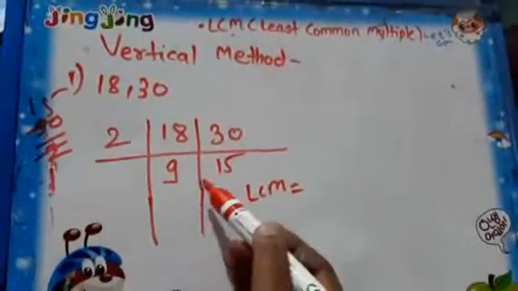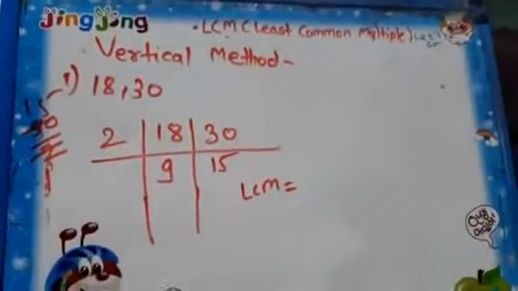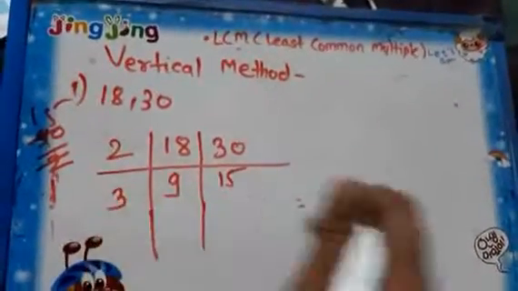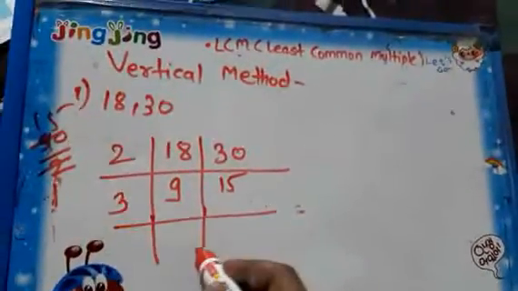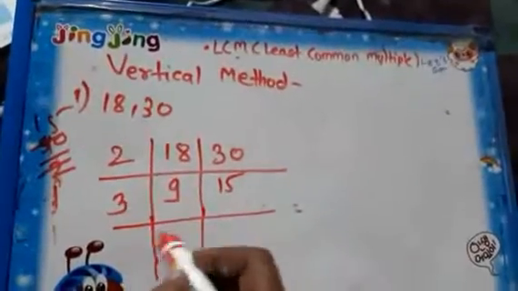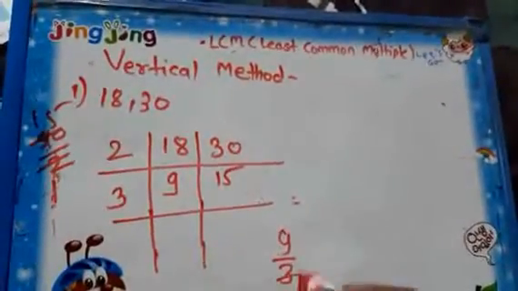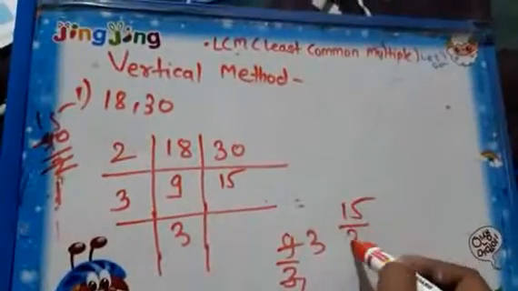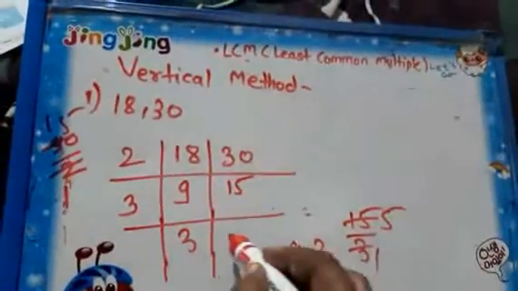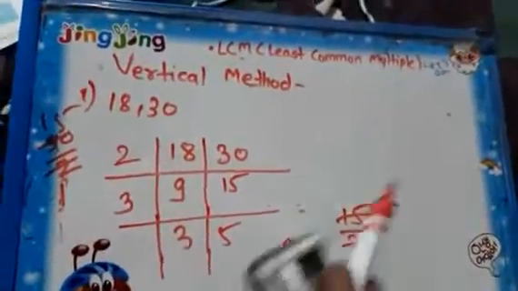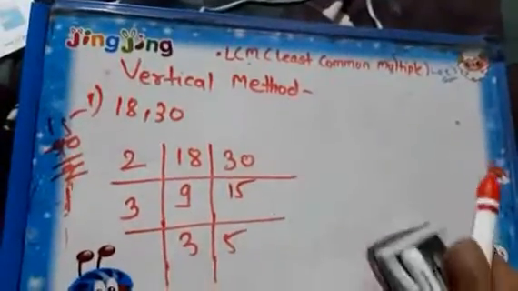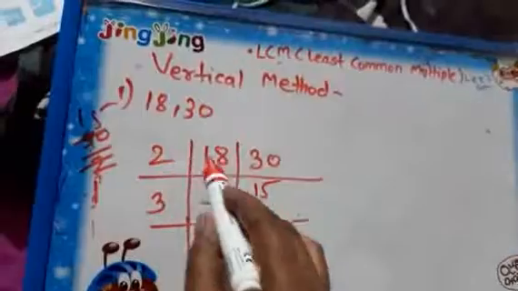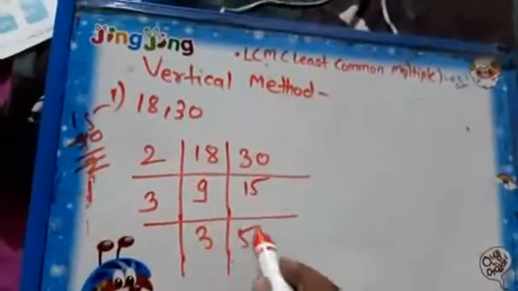Again you will think here 3 we can take common. So by that also we will go. Suppose here we write 3. So here what will be written? Below 9, 9 divided by 3 it will be 3. And below 15 what should be written? 15 divided by 3 it will be 5. Now after this, any common numbers we can't write. So these are the common numbers in both the numbers and these are uncommon numbers.